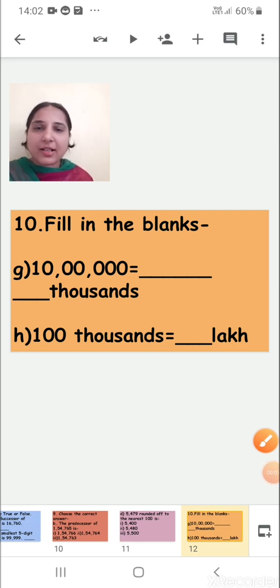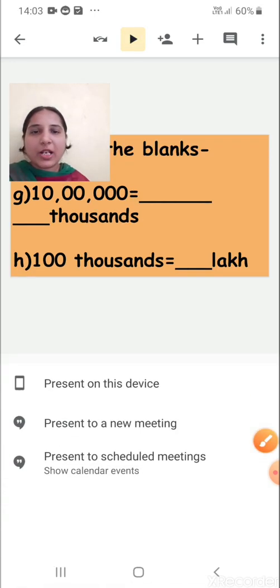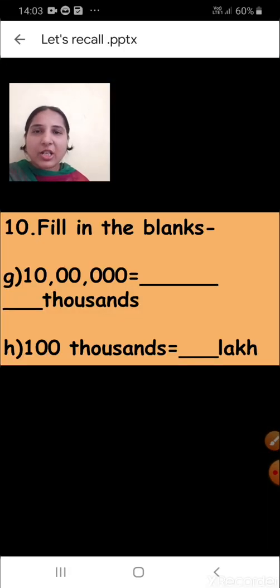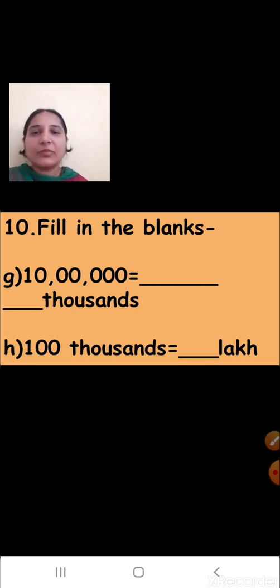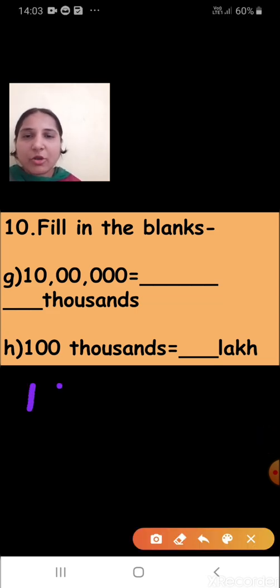Now fill in the blanks. So number G I am doing here. What would be the first one? The answer for the first one, can you tell me? Yes. First you read the number which has been given. It is ones, tens, 100, 1,000, 10,000, lakh and 10 lakh. So how can we write this number? Can you see? Yes, first we will write this number.